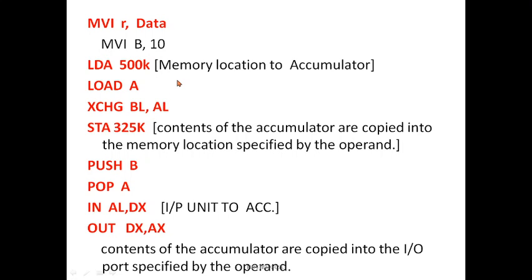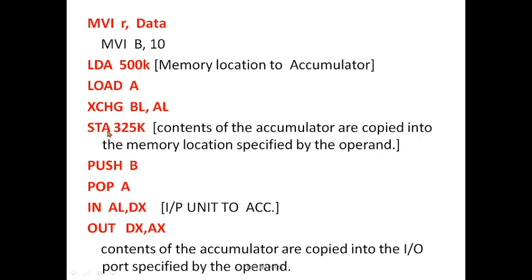And the next one is important, exchange. Exchange means transferring or swapping the information. For example, I am giving the instruction here, the exchange is denoted by the code XCHG BL, AL. What does that mean? Whatever information is in the AL, it will move to the BL, just exchanging. So remember, repeating again, exchange means moving the content from one place to another. Whatever the information content in the AL register pair, it will move to the BL register pair.